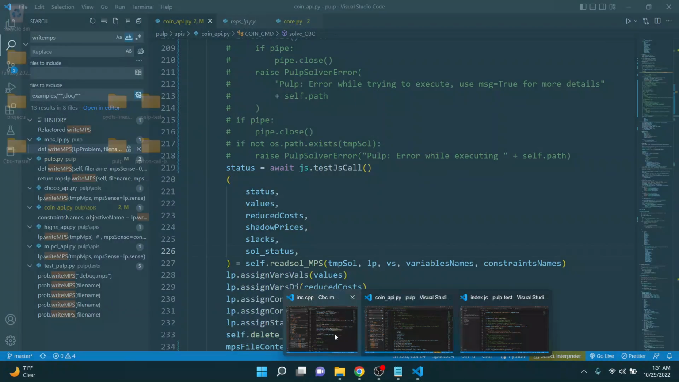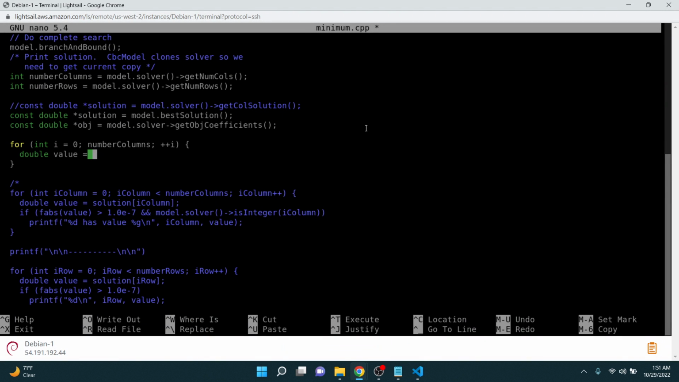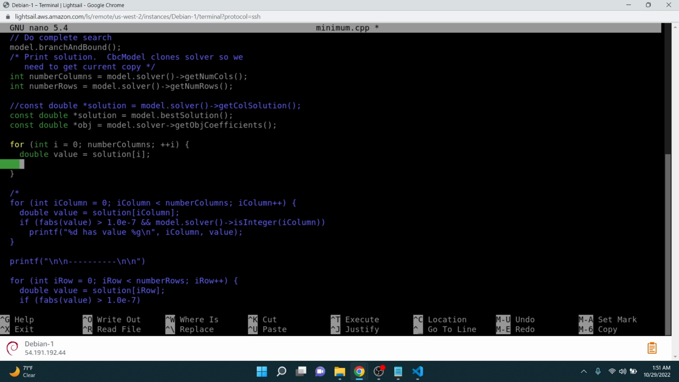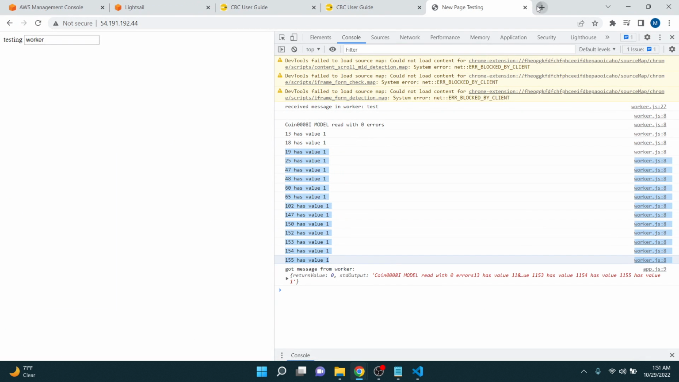So back to this. I'm just going to copy. Where am I? Oh yeah, so I got this part and then value. So it's going to look the same. Solution I instead of I column. And then if F absolute, I want to see what that is. I'm sure it has to do with absolute value, but